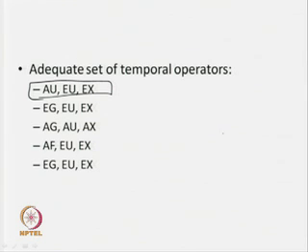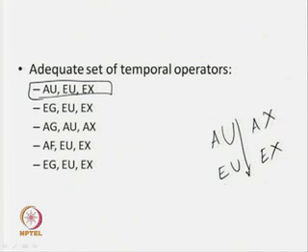If I have the until operator, if I know that AU is there, then it can be expressed with EU. Similarly, if I have the next state operator, say AX, then EX can be expressed with the help of AX. So, we need any one from AU or EU, and any one from AX and EX. Out of the 4 temporal operators we have discussed, until and X can be expressed with either A or E.